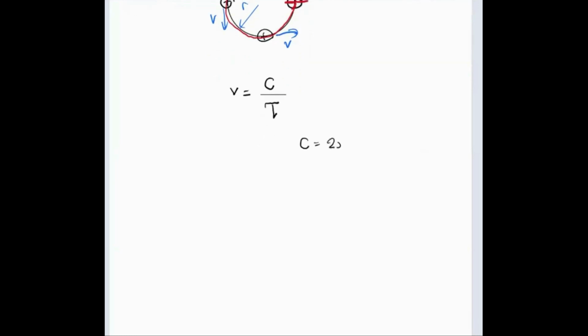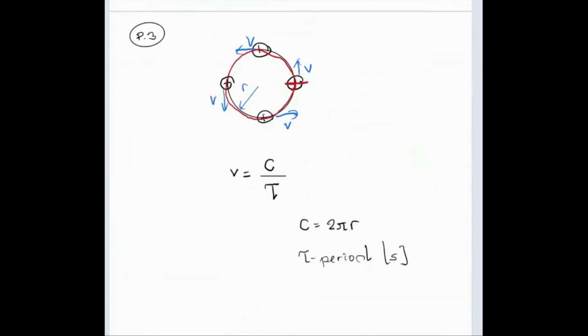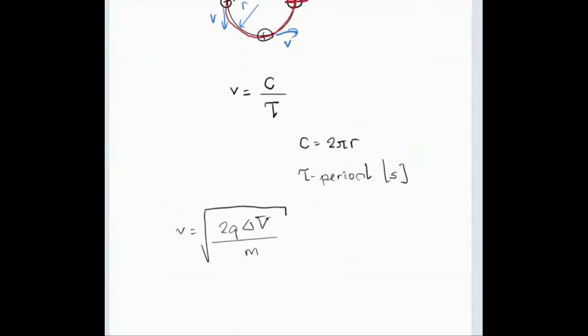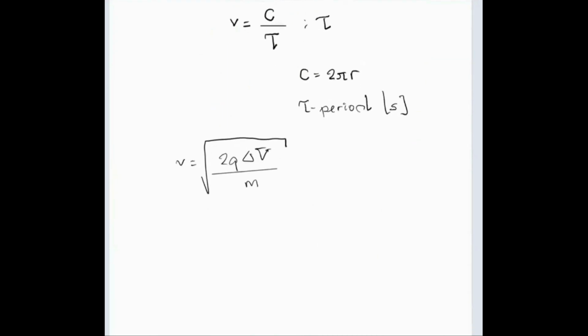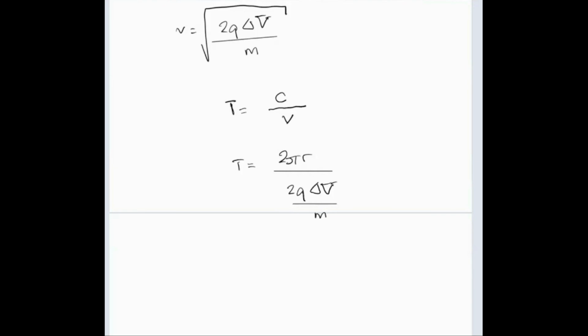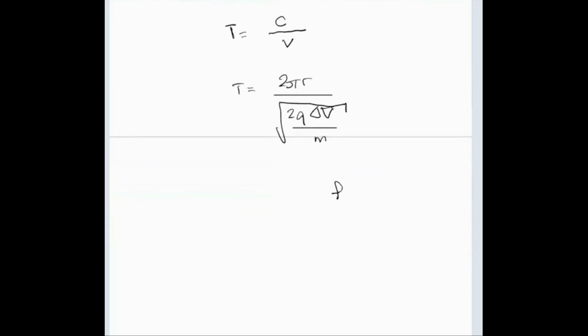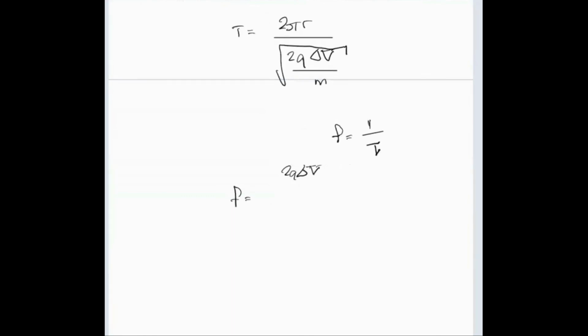Here's what we know. We know the speed is related to distance over time. Distance is the circumference, the time is the period. The period is the time it takes for it to actually complete a single circle or cycle in this case. We know the speed. We came up with an expression earlier, so that's the expression that we will get to use. The only thing we have to do now is just isolate T, which happens to be the period, and plug in the terminology. Frequency is the reciprocal of the period. That's the number of periods per second, where the number